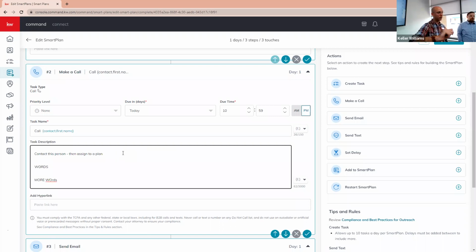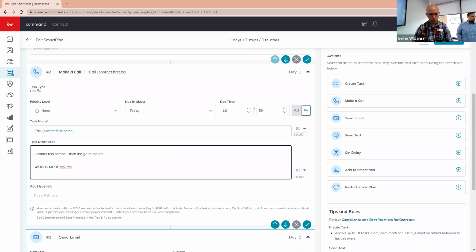You're not gonna get the formatting. So you don't get that paragraph, tab, bullet points, any of that stuff. When you get the task, it's gonna look something more like this. It's just going to be in a line. So no matter what formatting you put in this box, it's going to come in like that,